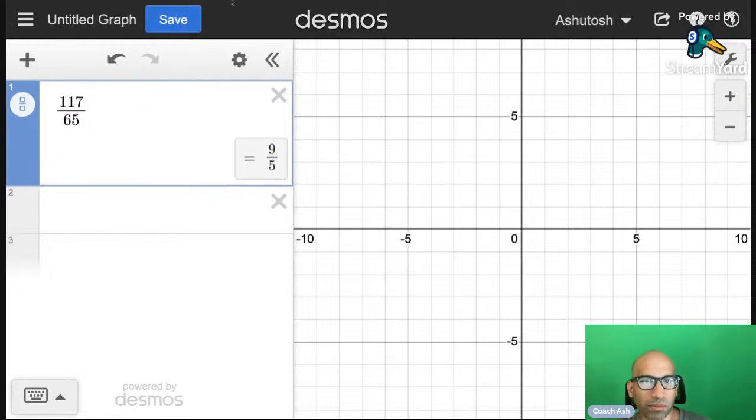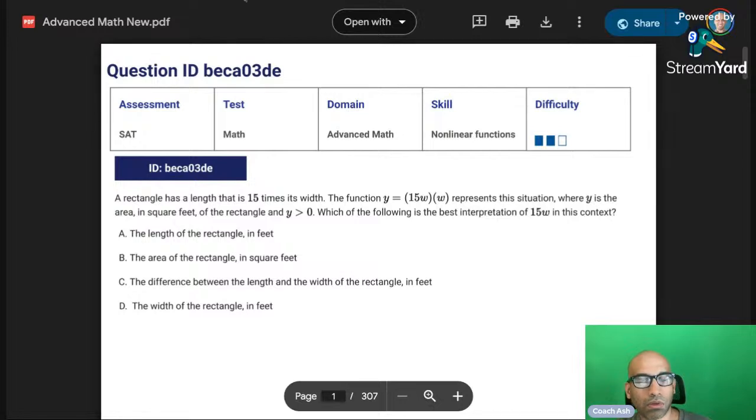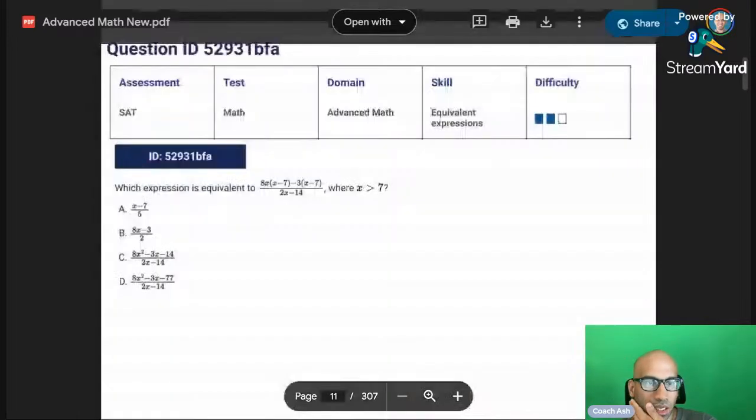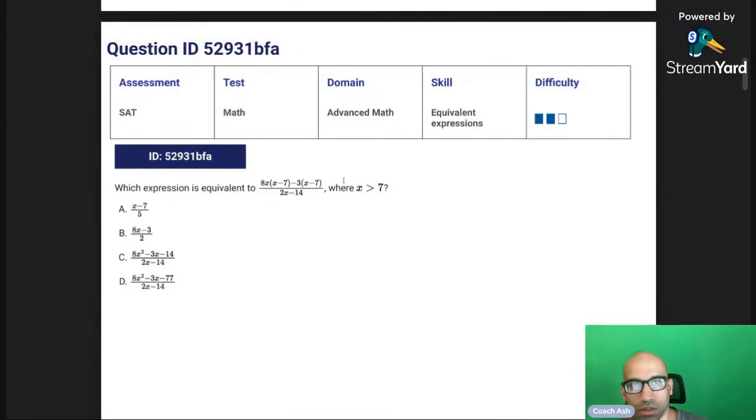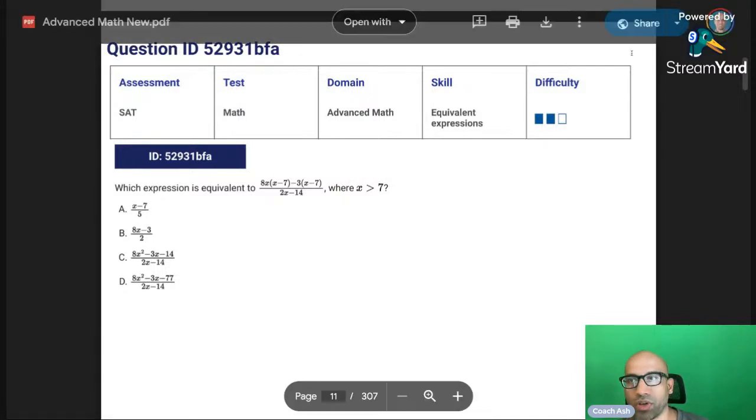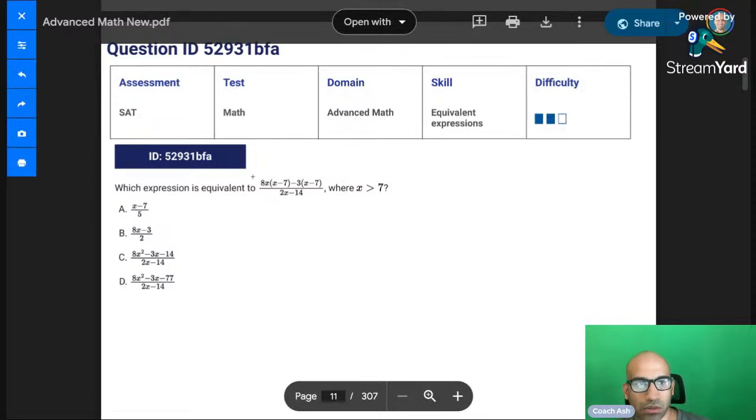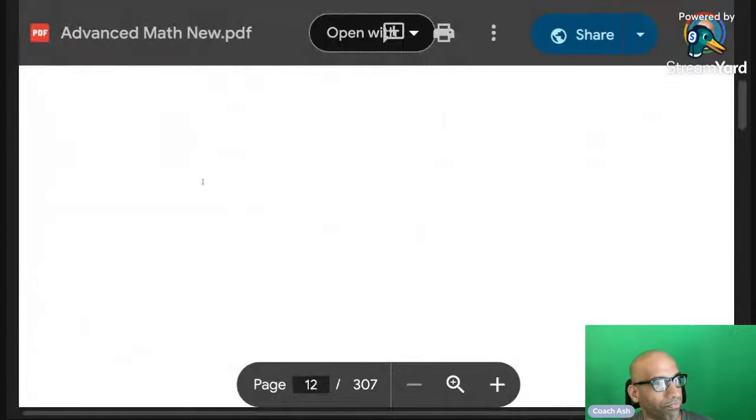Okay, moving on. So let's try to see how we can solve this other problem that we were looking at. This particular one, page 11. So remember, basically all of these sheets are available online. You can just email me and I'll send them to you. These questions are actually the questions that are provided by the College Board for your practice. So it's a very useful one. Okay, for the other 700 people who want to understand how to solve this particular problem, all you want to think about is